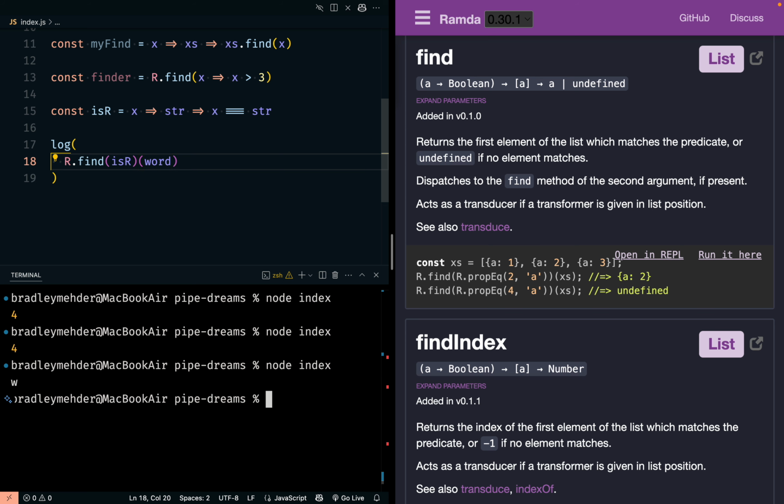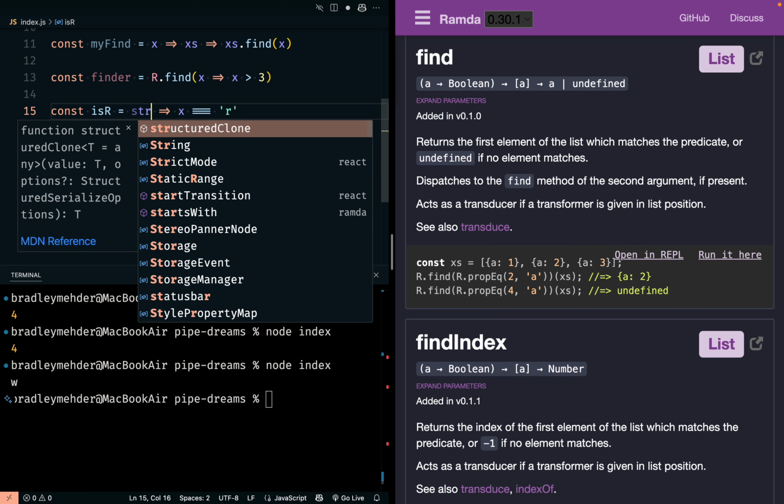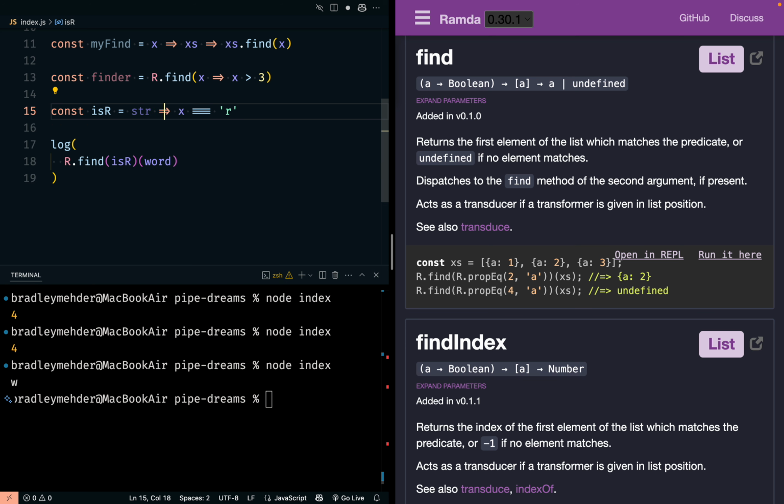So I don't need to make this a curried function. No, of course not. I don't know what I was thinking. It's much simpler than that. We just want to take an X, I guess I'll call that str. Yeah, and it returns the R.